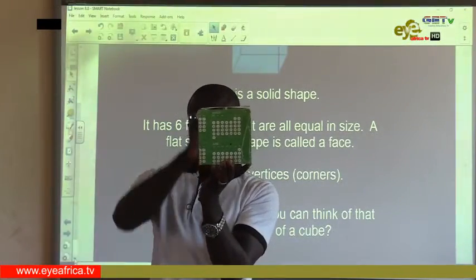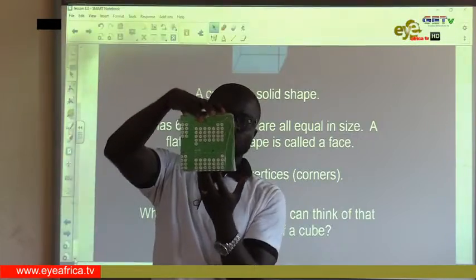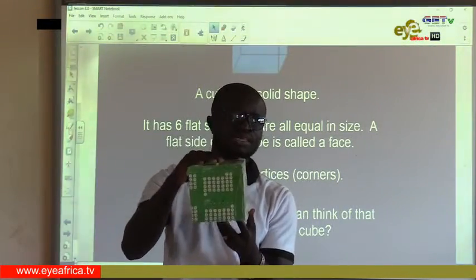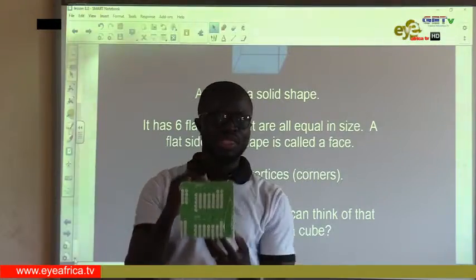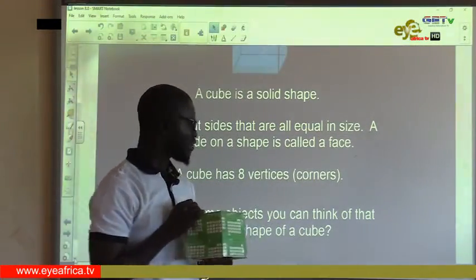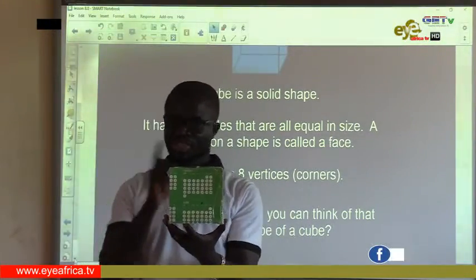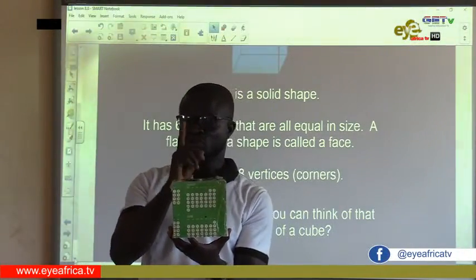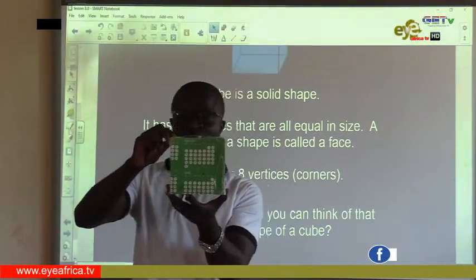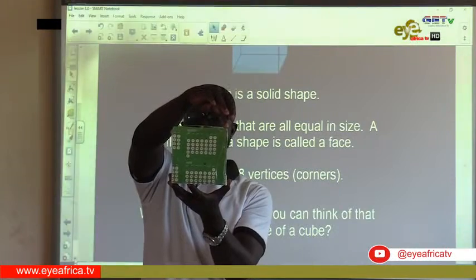So we said it has how many faces? We have 6 flat faces. Also, we made mention that it has how many corners or vertices? We said it has 8 corners. We are going to count to be sure that there are 8 corners in a cube. Can we do that together? I start from here. We have 1,